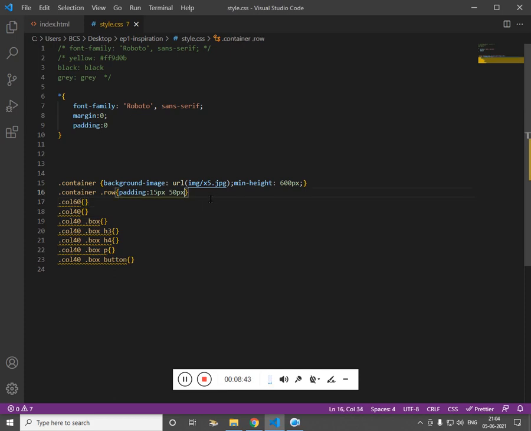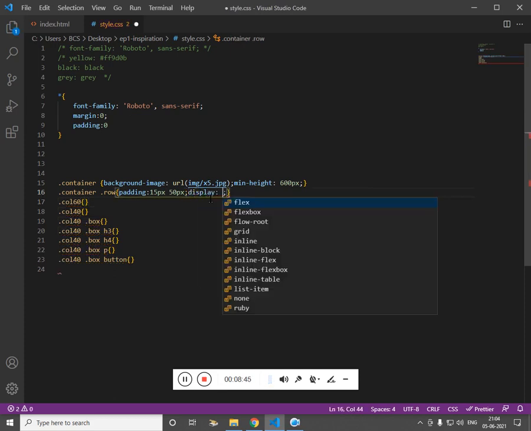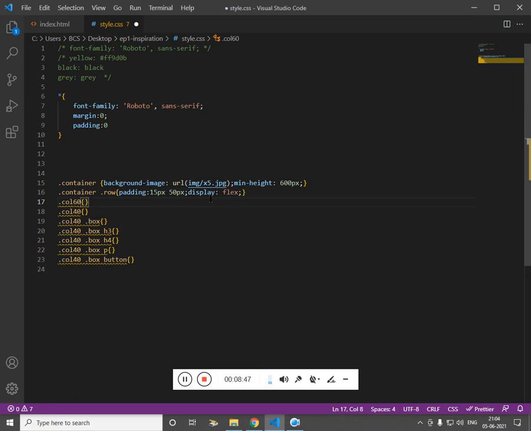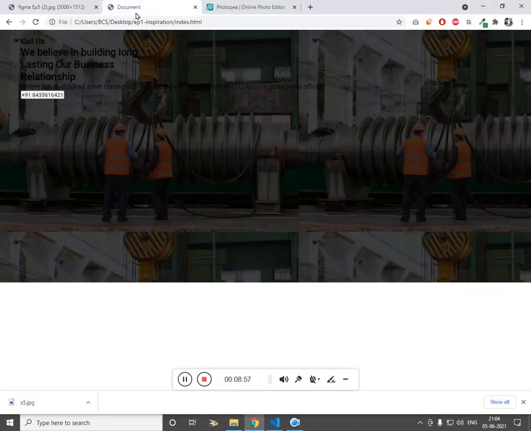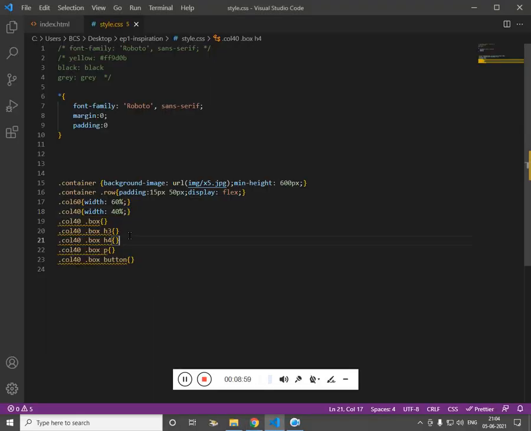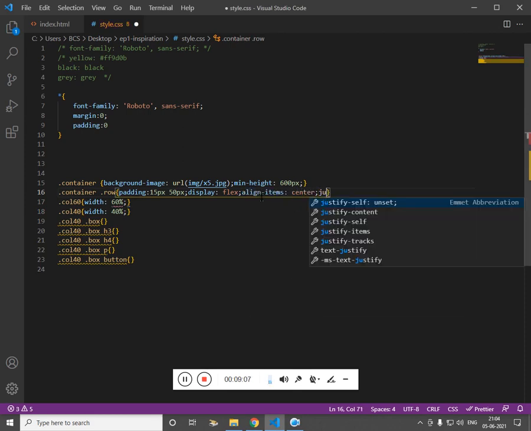And we will have display flex, and then we'll use a width of 60% and a width of 40% as we discussed. Now if I refresh, let's give the align items center, and then justify content center.